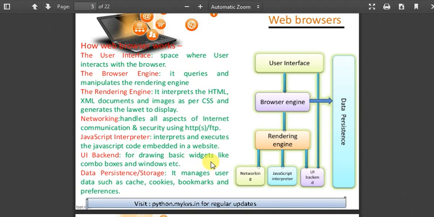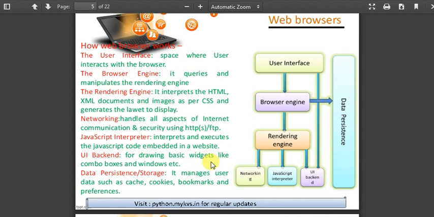And data persistence and storage, so cookies, cache, all these things are there. So what are cookies? Cookies are small informative files that take information from your machine. Every site has this cookie. If you are not accepting the cookies and all, you will not be able to access a particular website. This will be collected and sent to the server. So next time whenever you open these kinds of websites, there will be faster access.